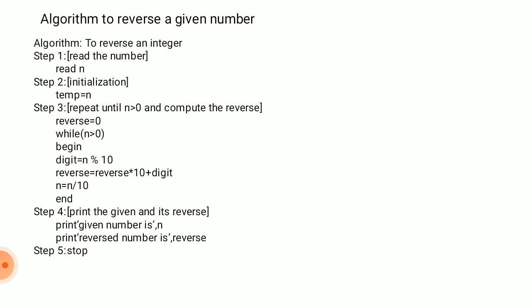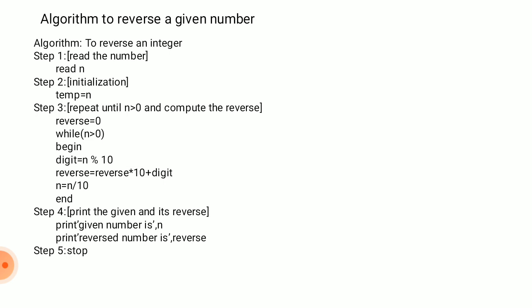Here these 3 statements are repeatedly executing until n is not greater than 0. If n is equal to 0 or n is less than 0, then it stops processing. Once the condition becomes false, once the condition is not satisfied, then it will come out of that while loop, or from step 3.